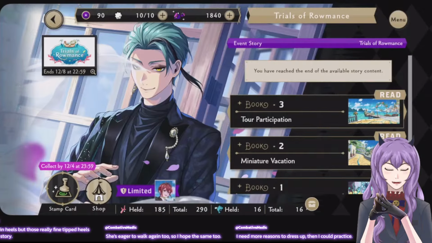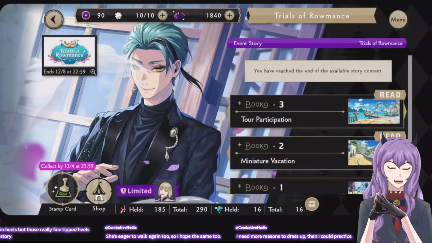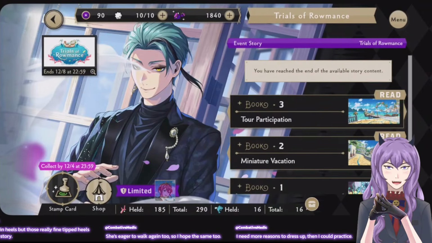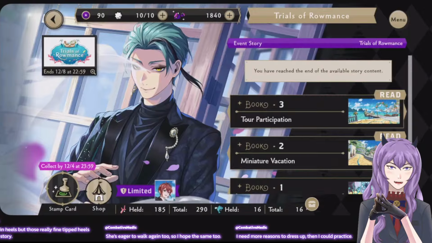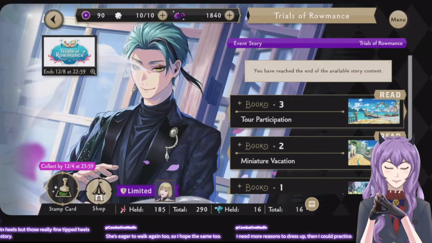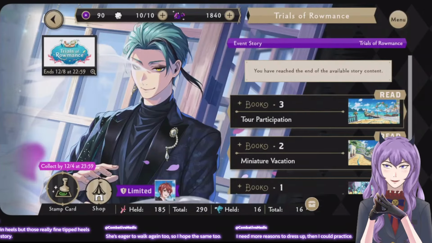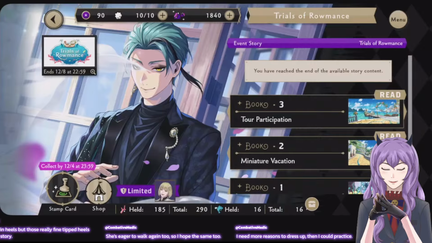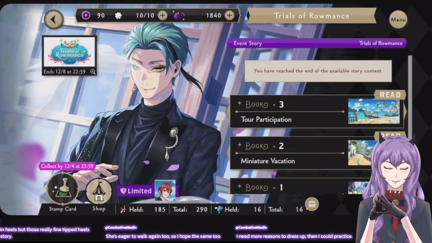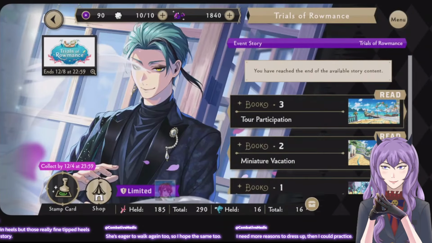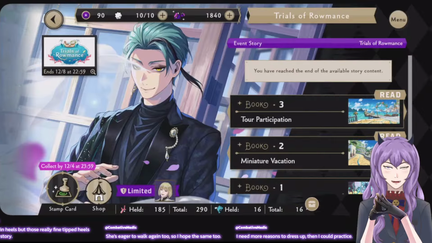I need more reasons to dress up. Yeah, I could practice. You could just go out wearing what you're wearing, actually. Sometimes I just do that. Sometimes I'm like, you know what, I've been bumming around my house all week. On Saturday, I'm going to put on really nice heels or shoes, really nice clothes, and I'm just going to go out. Maybe I'll go to a cafe, somewhere, whether with someone or by myself, either way. Let's go shopping, so I can wear the other clothes I've been leaving sitting in my closet.